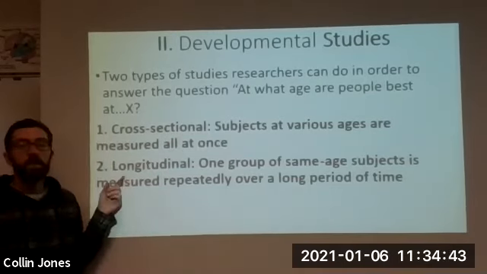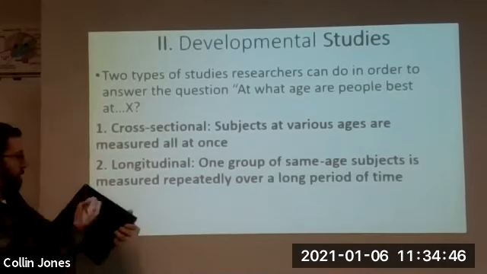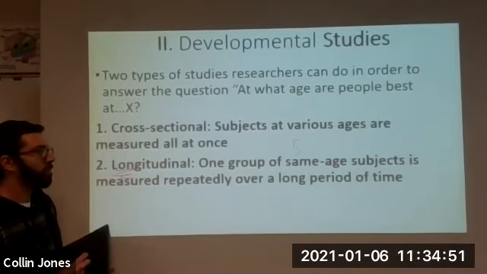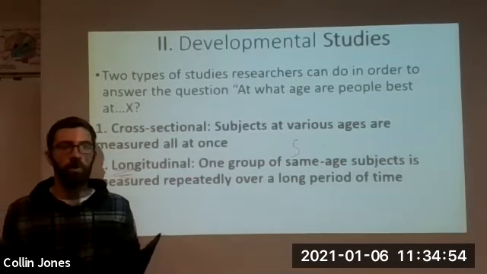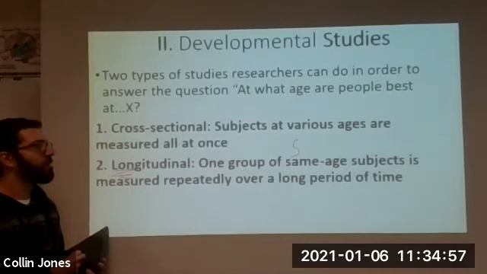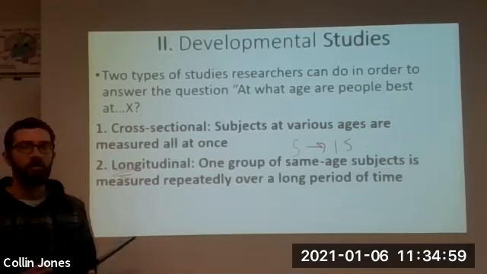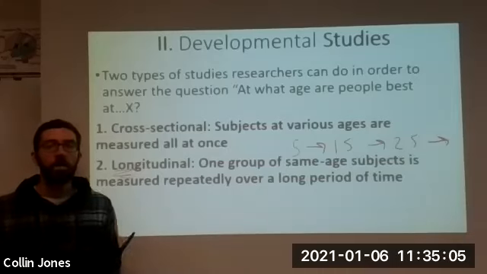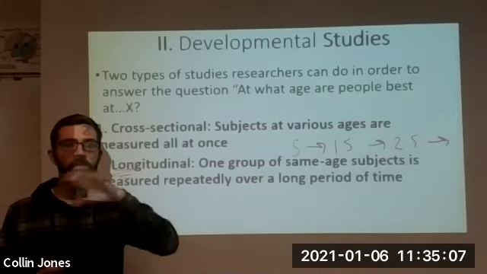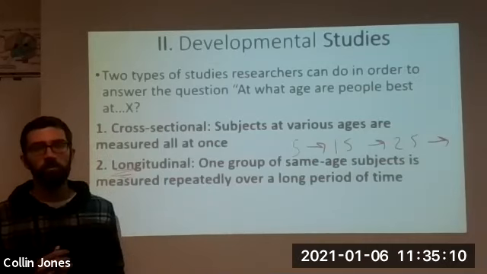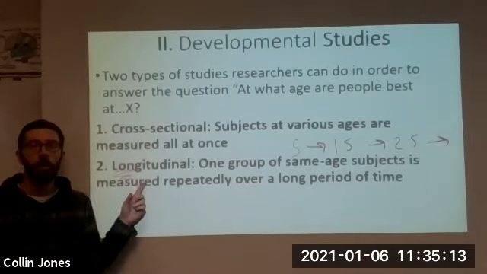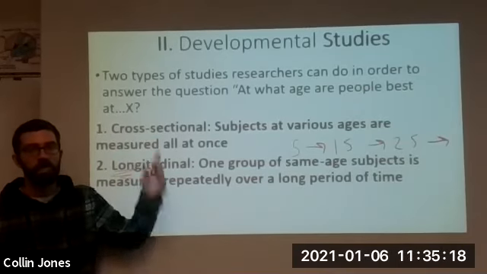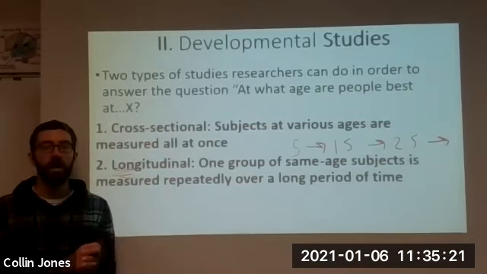Another type of study takes place over a long period of time. We've talked about these before, but a longitudinal study is when I take 5-year-olds maybe, and I have them shoot 100 free throws. And then in 10 years, I get those same folks to come back when they're 15, and I have them shoot free throws. And then when they're 25 and 35 and 45 and so on and so forth, and by the end of my study, I'll have a really good graph of when this group of people were best at shooting free throws. So two types of studies. Longitudinal studies are better, but they take more time, effort, and money. Whereas with a cross-sectional study, the data is not as good, but you can get it all at once, okay?